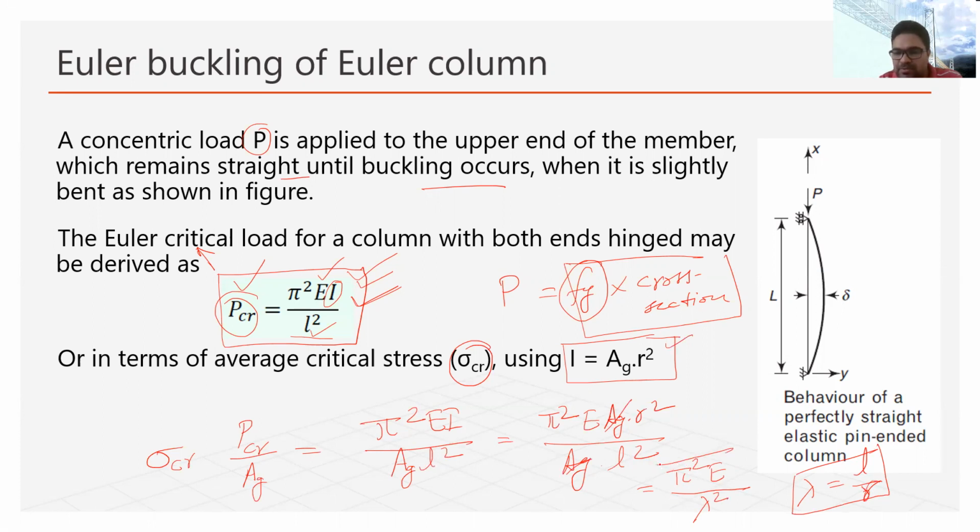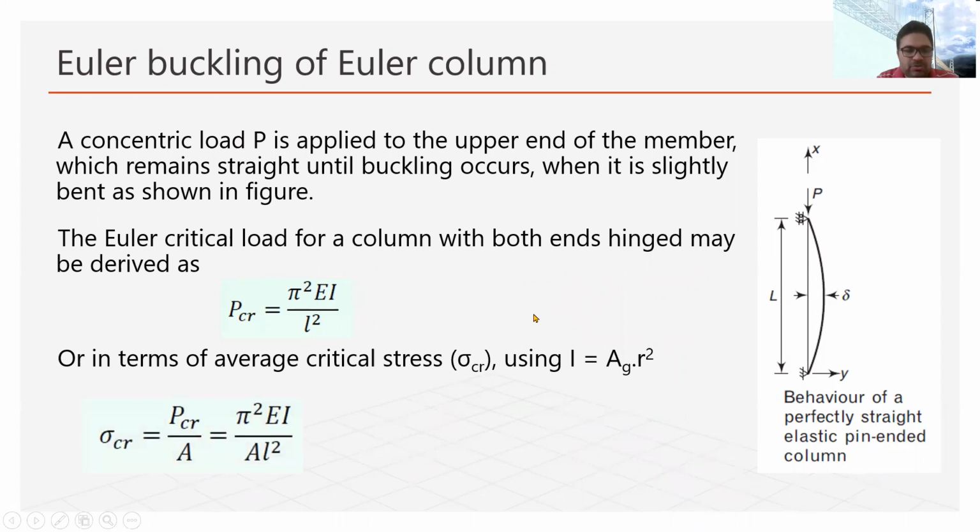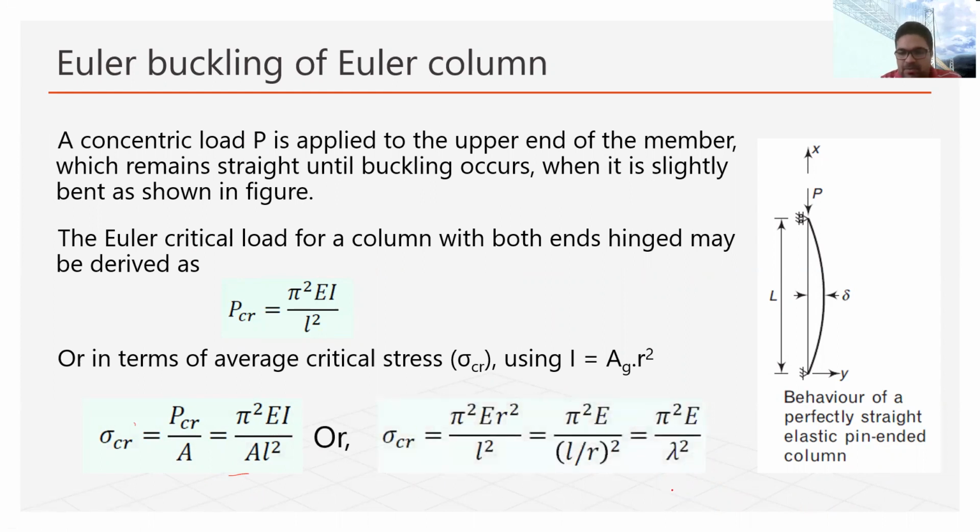So this is the formula that we can use to calculate this critical stress. Generally we use this critical stress in the equation. Now I'm showing you all this relation here. You can see here sigma CR can be given by this formula. All the calculation that I have done, I have provided here also. So ultimately we can say that the critical stress at which buckling will occur, the formula for this is this one.